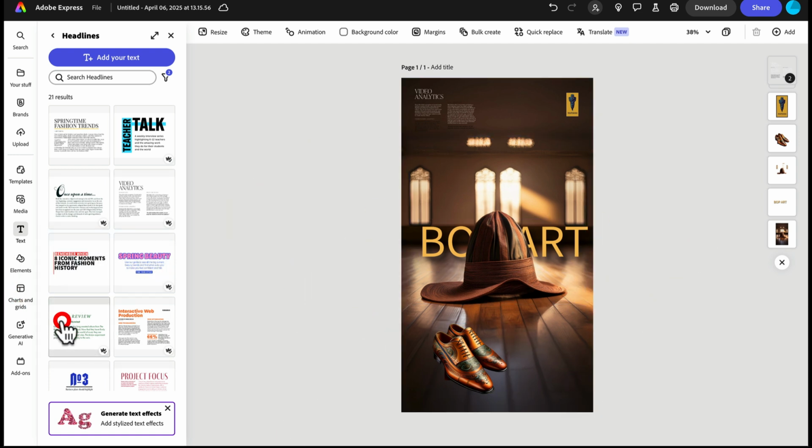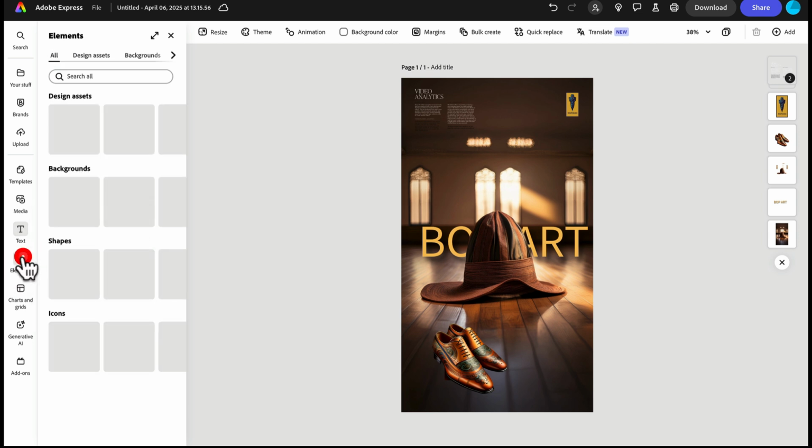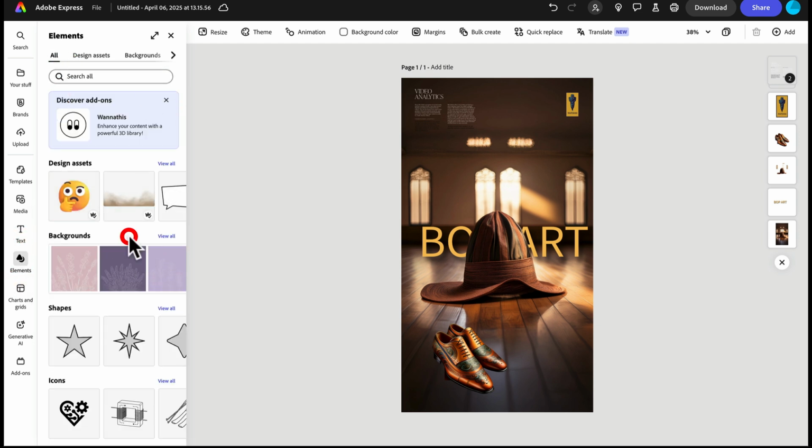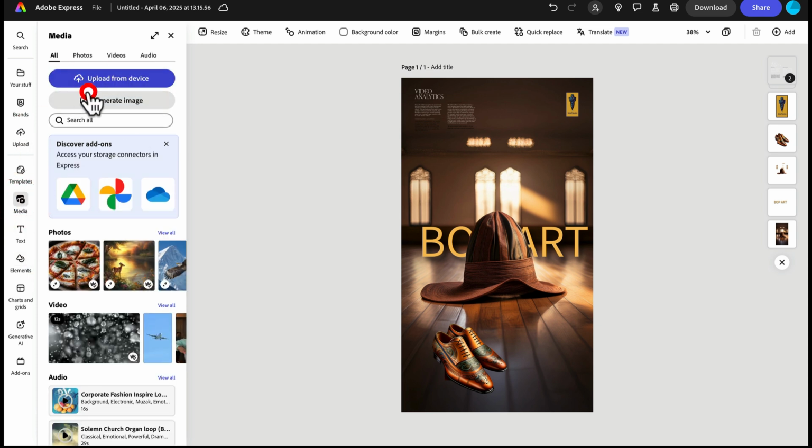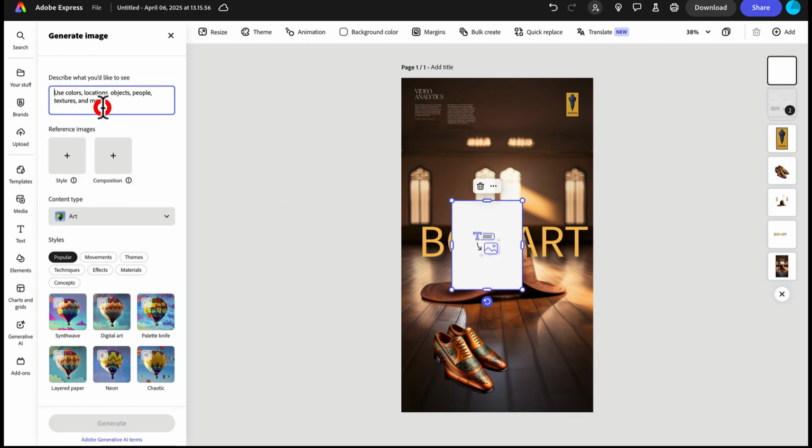I can even add a beach ball. So let's add a beach ball. I can go to elements and I can pick some of the presets in here, or I can go back to, which I like to do, I like to generate my own images. So I can say, give me a beach ball. And then just write in here, beach ball,